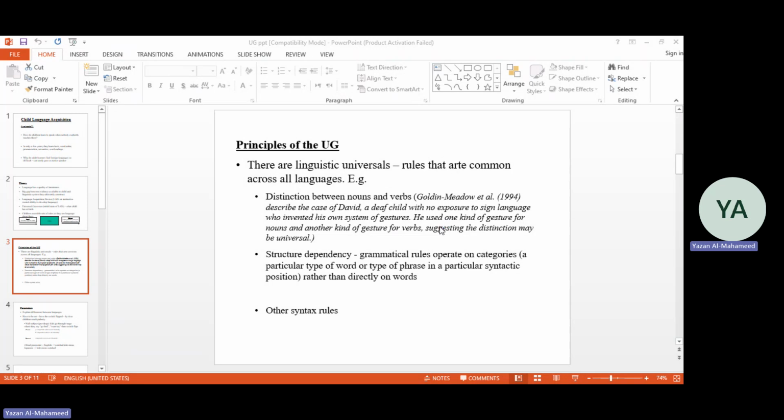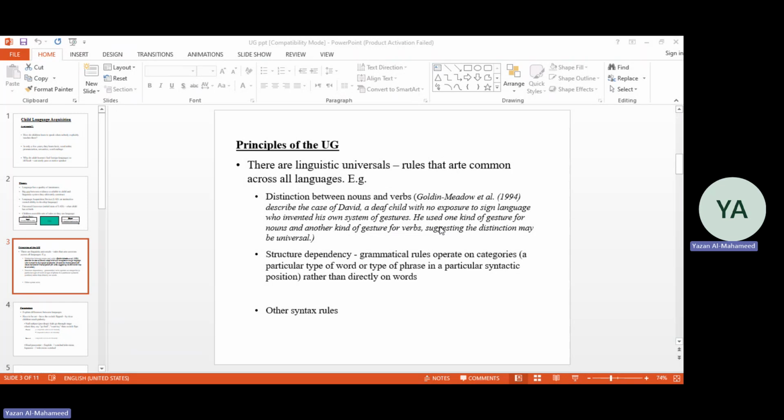The UG aims primarily to explain the uniformity and speed in the acquisition of child language in spite of insufficient input. So we could say that despite the fact that a child is exposed to a sample of the language, or not enough or insufficient input, by the end of the day, a child is able to develop full competence of his language by the end of year 3. So according to Chomsky, UG is the driving force for child language acquisition.